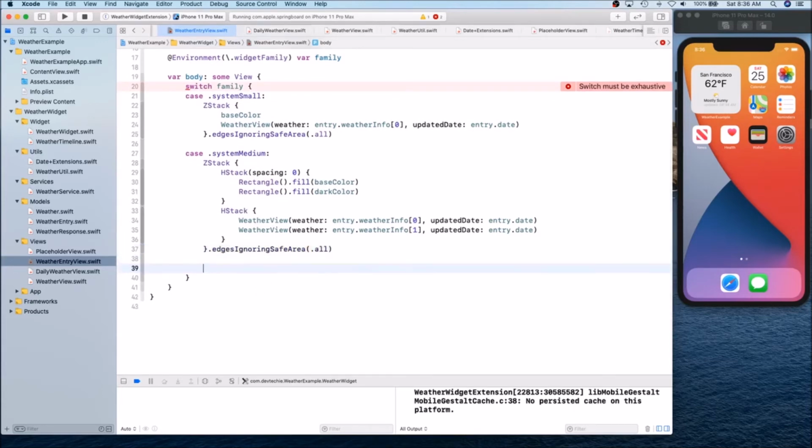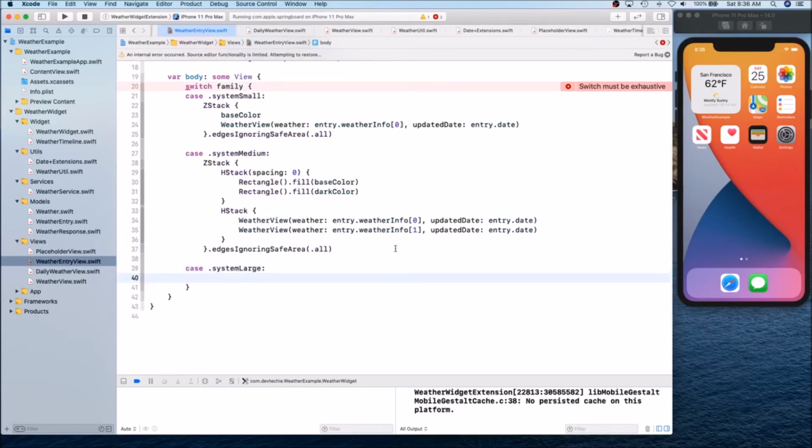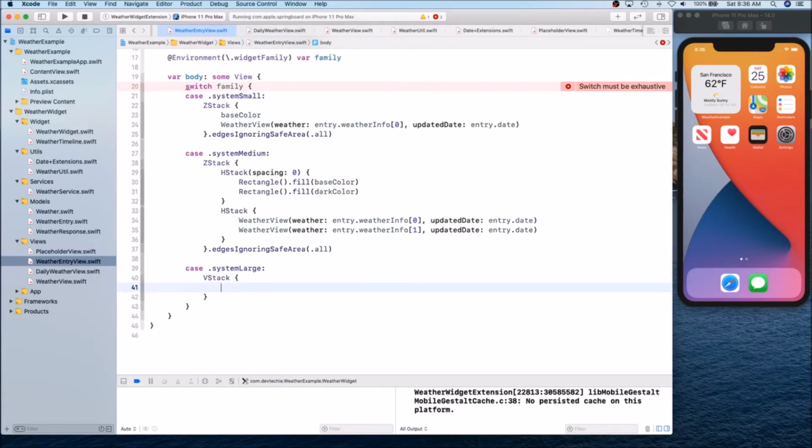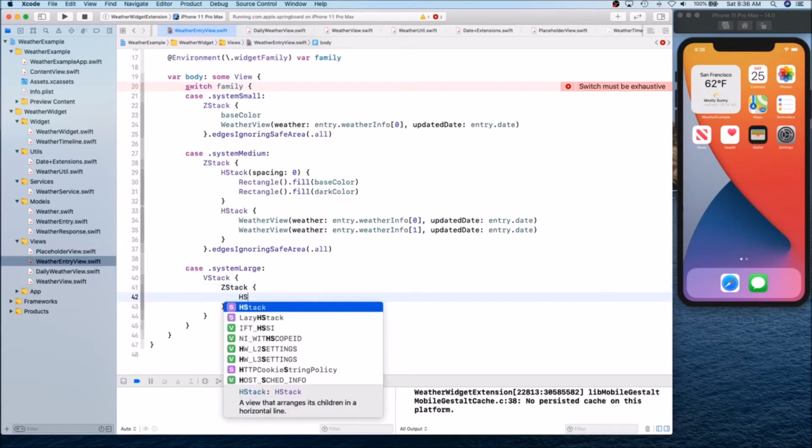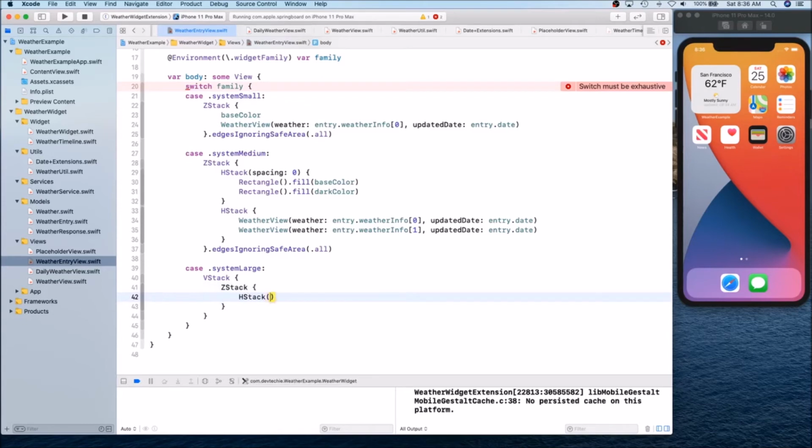Okay, next, last one is system large family. For the system large family, what we're going to do is create a VStack. Inside the VStack, I'm going to create a ZStack, HStack for the spacing,